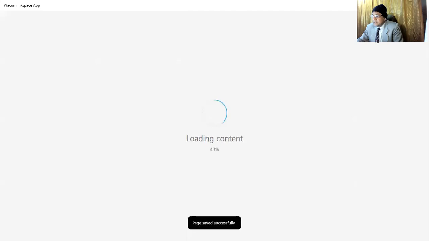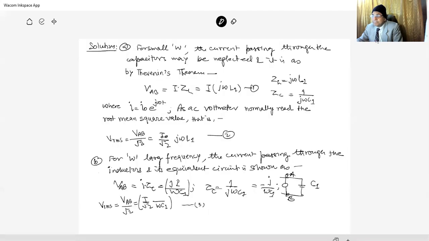So let us consider the voltage. For a small omega, the current passing through the capacitor may be neglected, and it is, by Thevenin's theorem, VAB is I into ZL, and this ZL is j omega L1, and ZC is 1 upon j omega C1. So this is I into j omega L1, where I is equal to I0 e raised to the power j omega